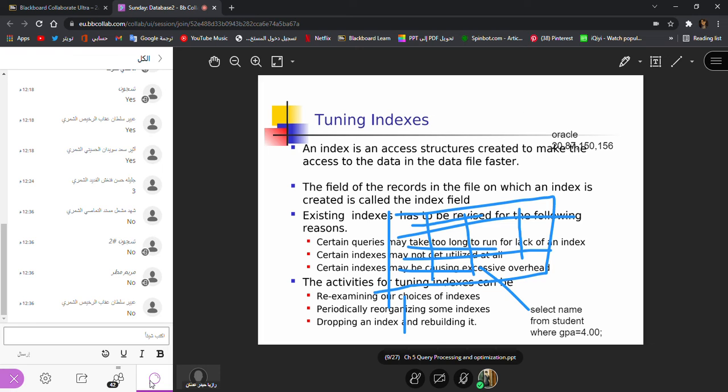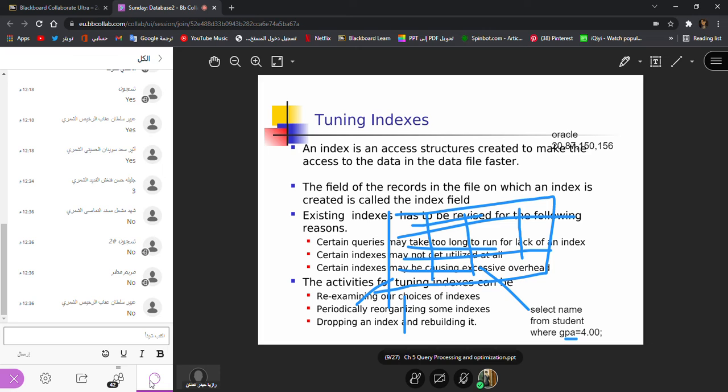So how can we find an efficient way? We will make an index. The index can tell you exactly the rows where the GPA is 4. So on the GPA column, we will make an index, and wherever it finds the 4, it will tell you the row address of that.